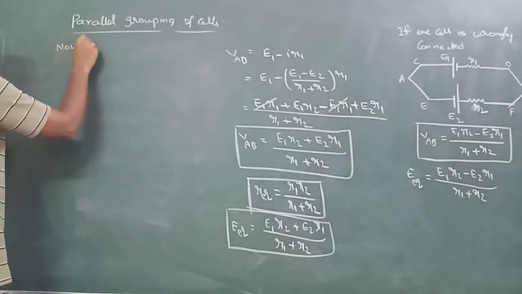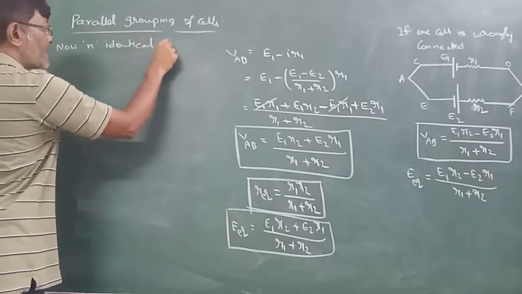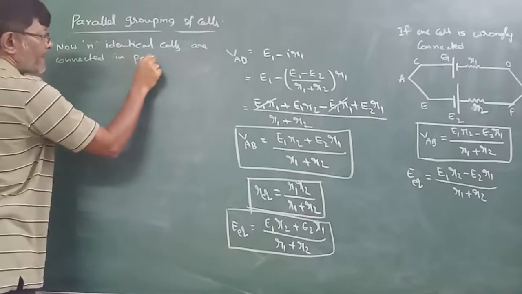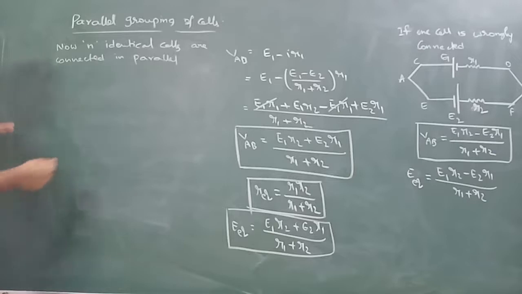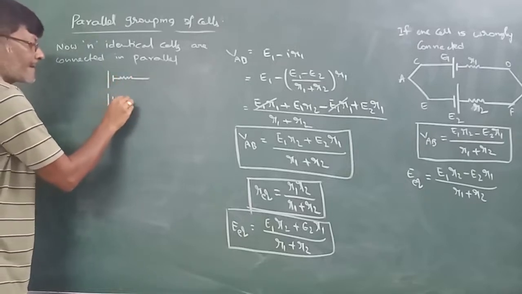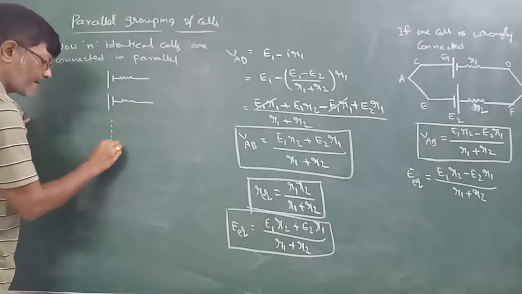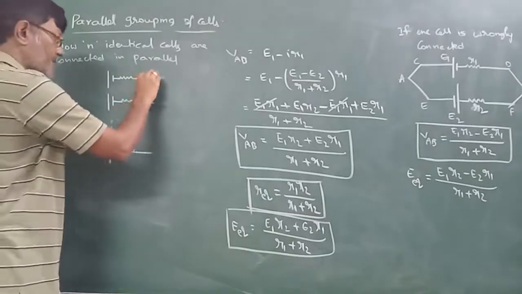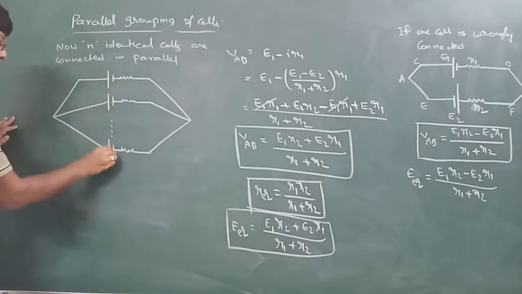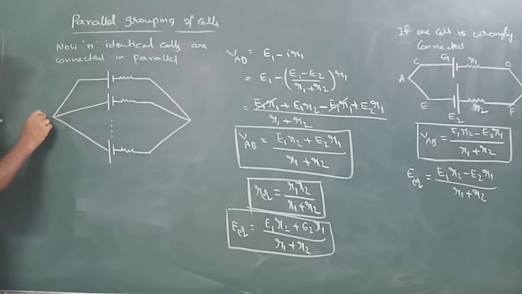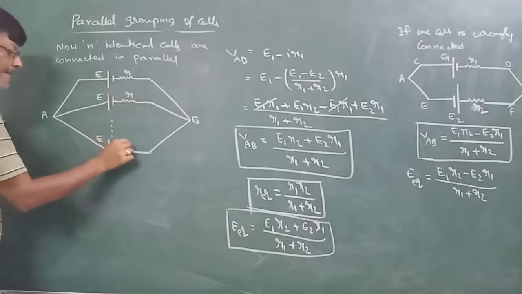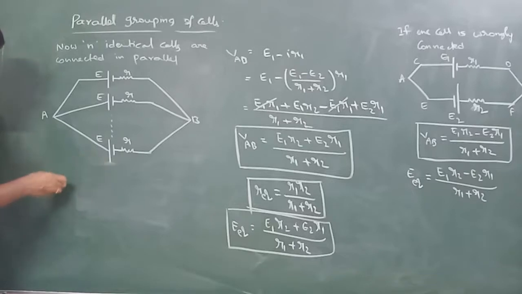Now, n identical cells are connected in parallel. Then E equivalent is equal to